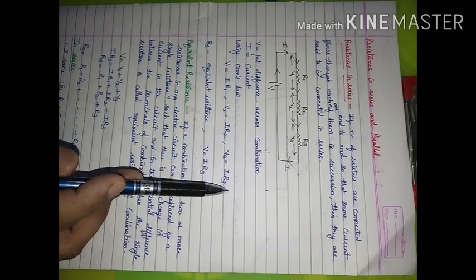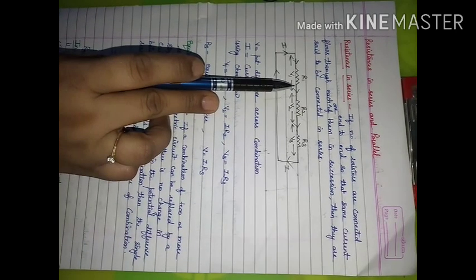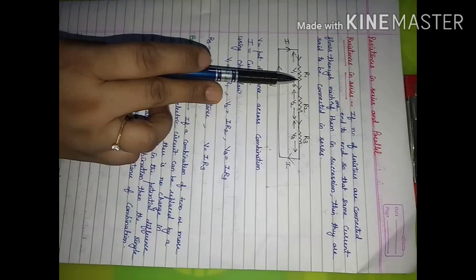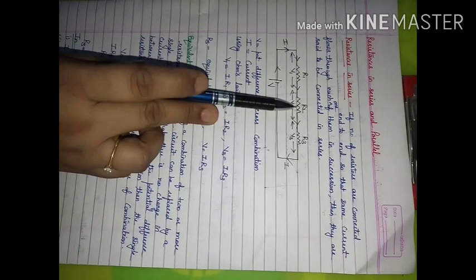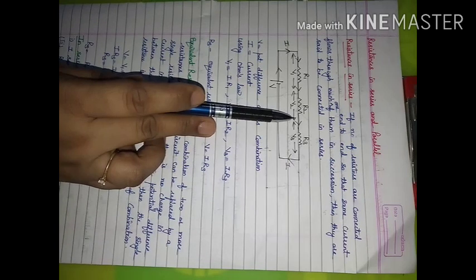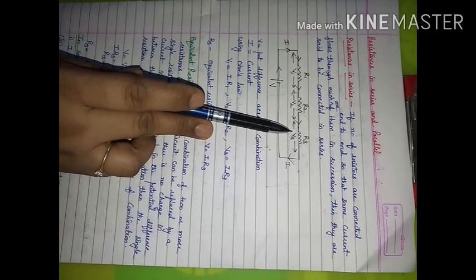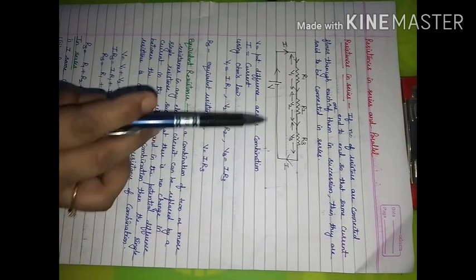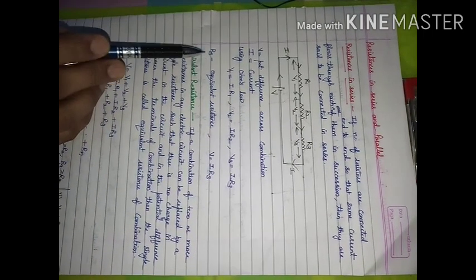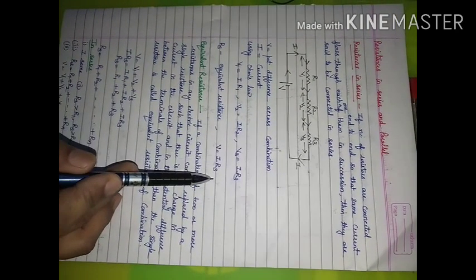If I consider what the net resistance comes out to be in this combination, it means I am looking for a single resistance which can replace all these three. It means whatever effect is produced by these three resistances in this combination, the same effect will be produced by a single resistor. Then that resistor will be known as the equivalent resistance of this combination. So we are searching for equivalent resistance, and in series combination this equivalent resistance we will represent by RS. So if RS is its equivalent resistance, then V will be equal to IRS.